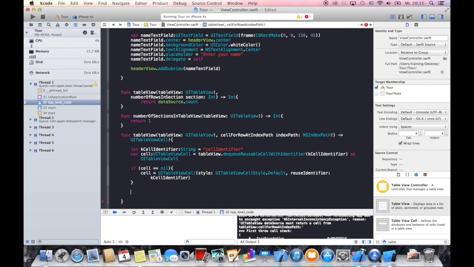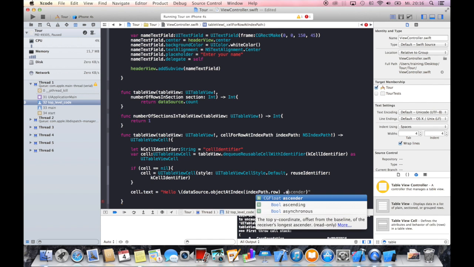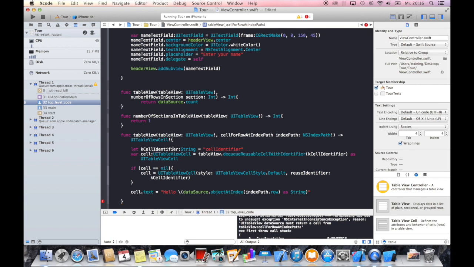Now we can configure our cell, and this will just be cell.text equals "Hello," and then we will use the concatenation feature of Swift using our data source object at index indexPath.row, and again we will have to cast this to a string, so let's say as string. Just a little reminder, this actually is the same as using NSLog and then placing this element from our data source into this string. So it's actually just another syntax for doing the same thing. All right, now we can return our cell,